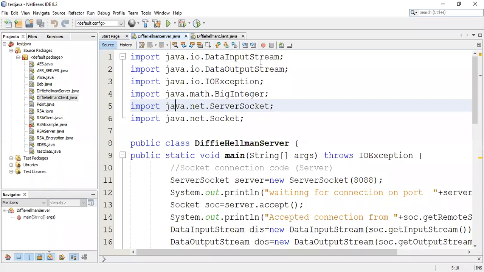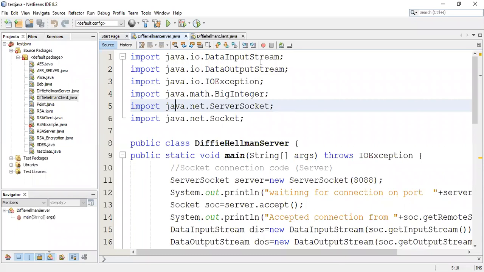From that I find out one key, and that key is my secret key. From the public key and private key, I am going to find out my secret key, and that secret key I'm going to send from the sender side to the receiver side.